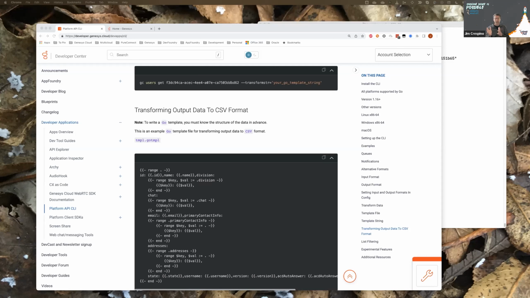The idea is on a data action, you should be using a template to take that response from the HTTP request and break it up into the items that you need, into simpler arrays or something like that, so that you can then consume that more easily as a business user in Architect. So, hopefully that answered that question. Again, post that on the community forum and you'll probably get a better answer for if and when they might be supported in Architect.